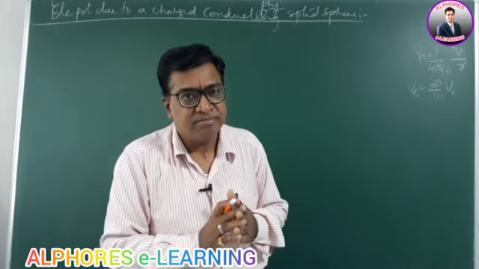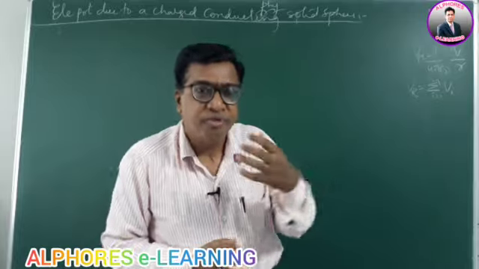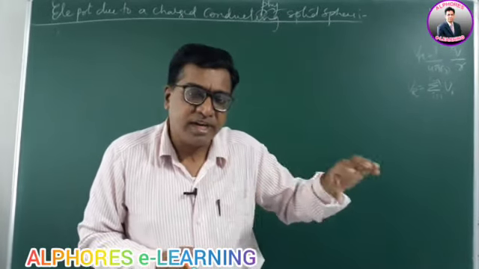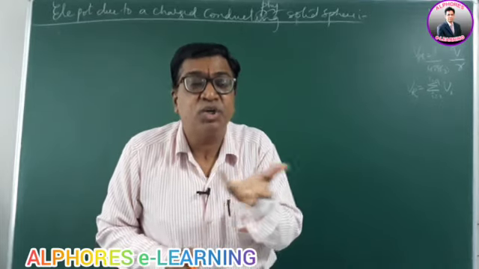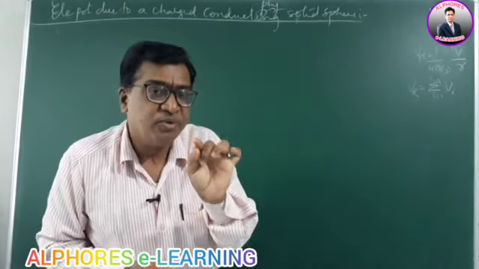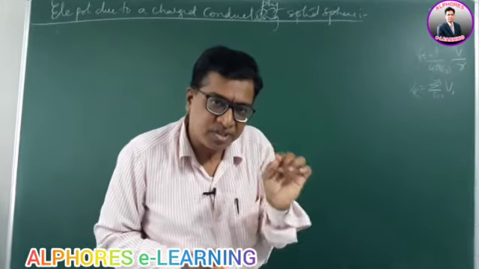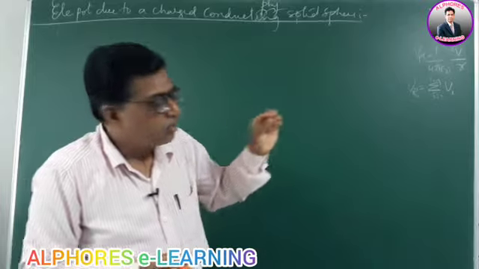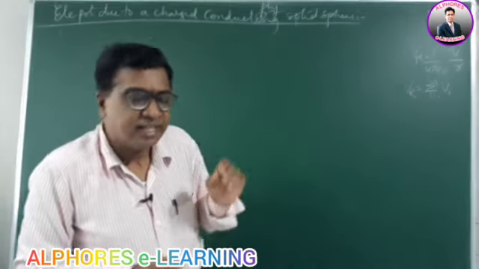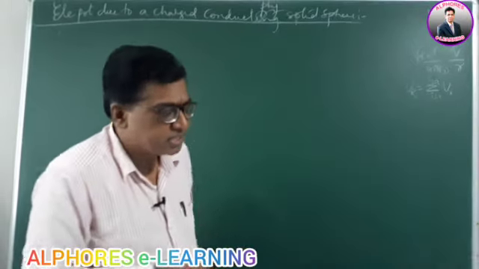Potential is a scalar, right? Even though it's a scalar, it can be positive, negative and zero. For positive charge, it is positive. For negative charge, it is negative. So being a scalar, the total potential is the algebraic sum. Just add them. But mind you, you should take the proper sign for the proper charge, the respective sign for the respective charge. Putting the proper signs there, you can add them algebraically. That is electric potential due to many point charges.